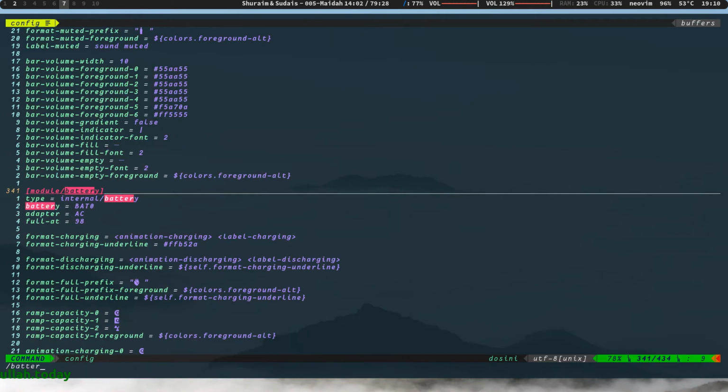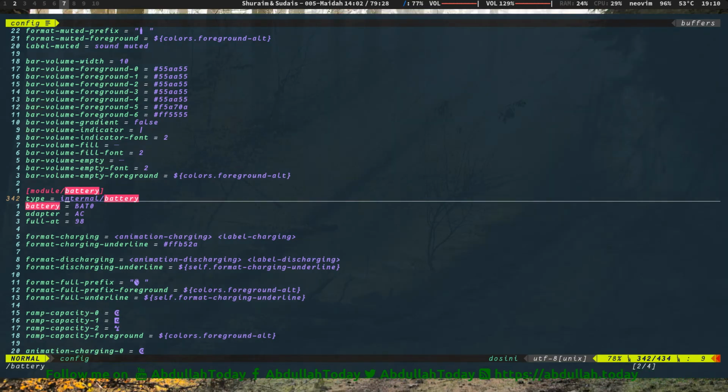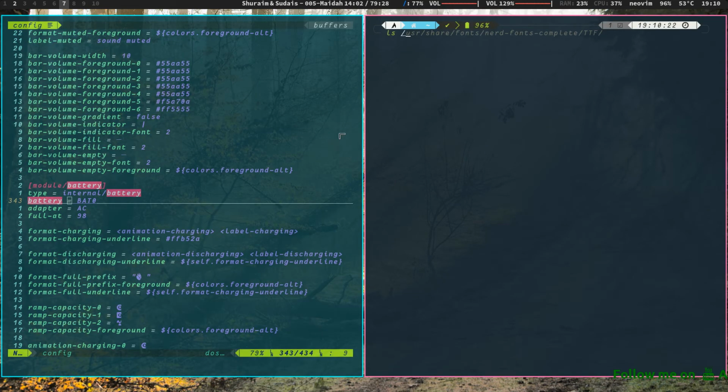This one is battery. So battery is again an internal module. Tell it your battery name. You can get them actually in sys or something, sys class battery. Devices,